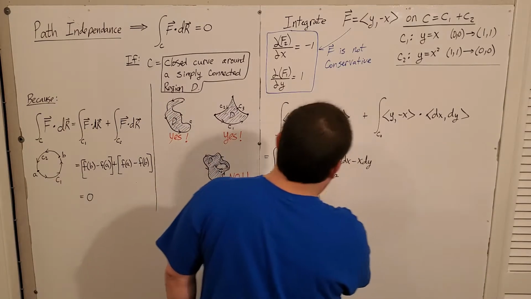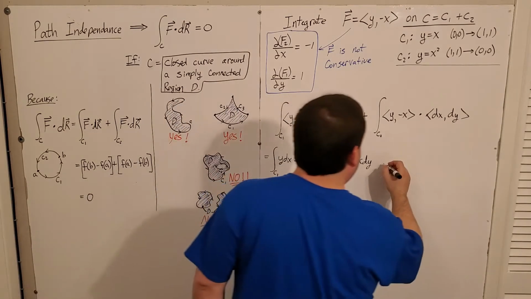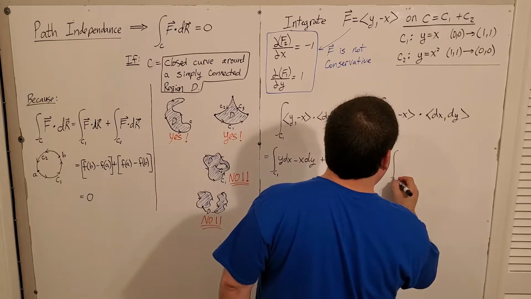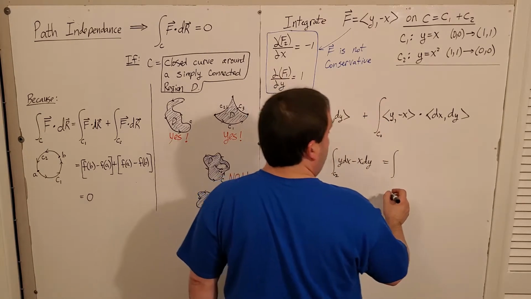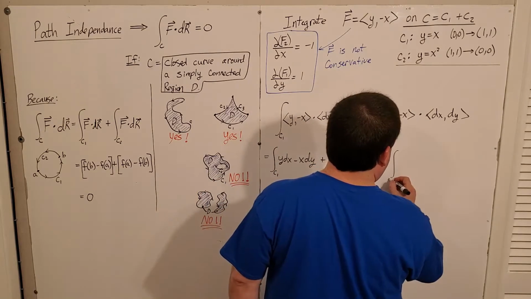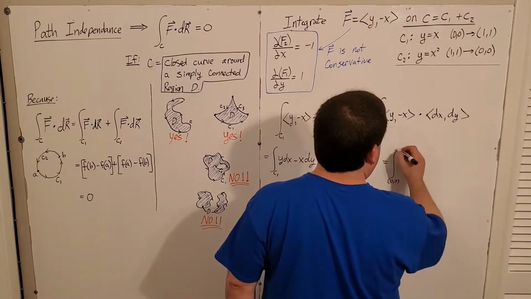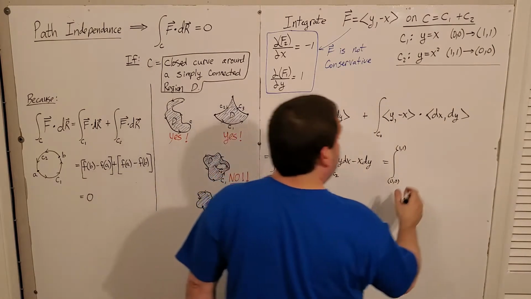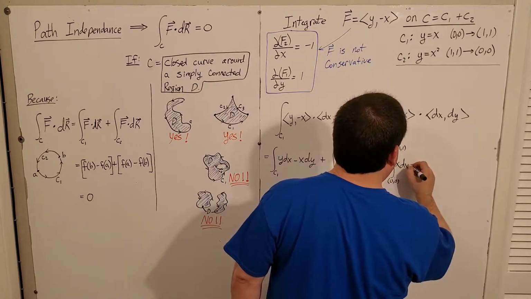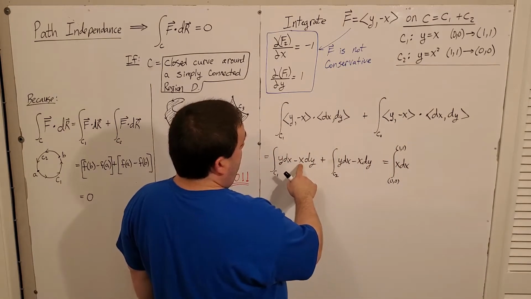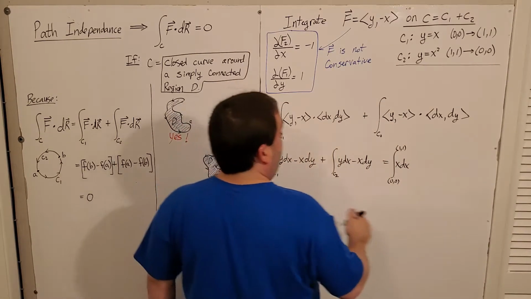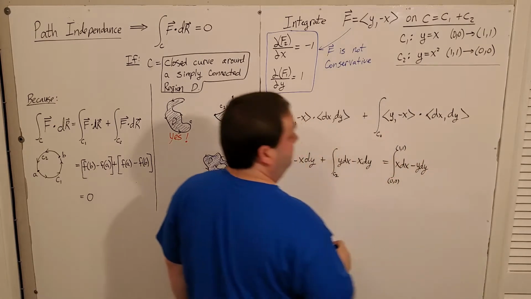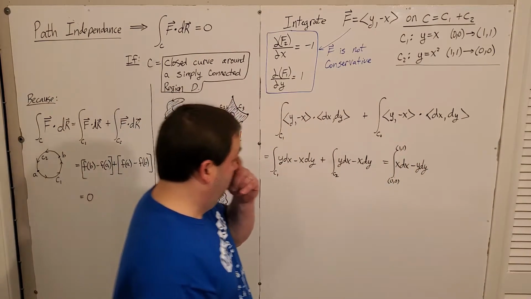So this piece right here is going to be the integral from 0, 0 to 1, 1. Y is equal to x, so I have x dx, right? X is equal to y, so I have minus y dy, right? Plus